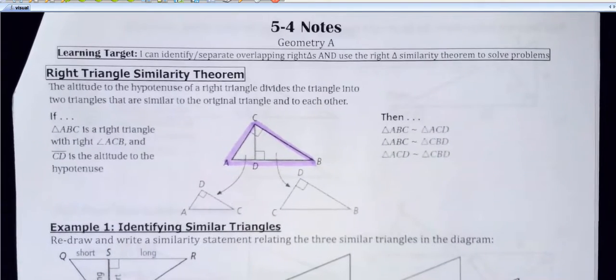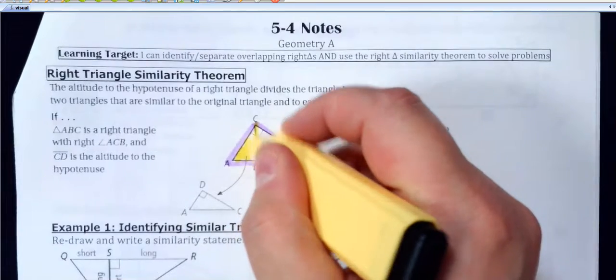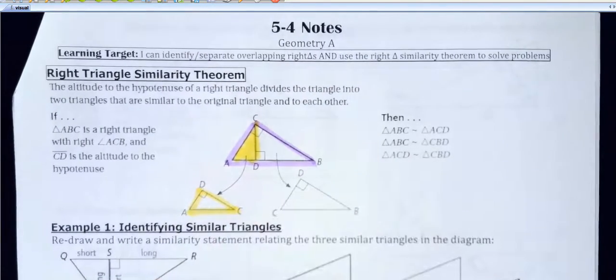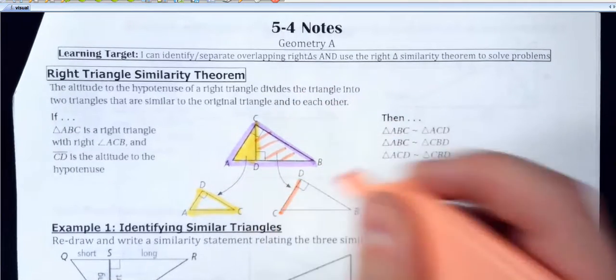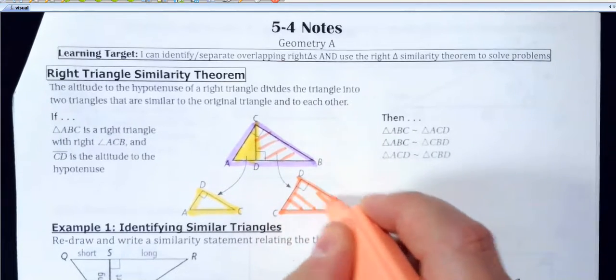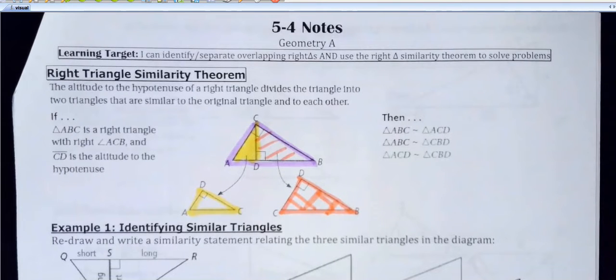So when I draw this height in, I've got the big overall triangle, ABC. Then you're going to have a little bitty baby triangle, which you're just separating from the picture there. And then this guy here, you have a medium-sized triangle. All 3 of those are going to be similar to each other. So there's 3 triangles when you drop that height from the right angle to the hypotenuse of the opposite side,